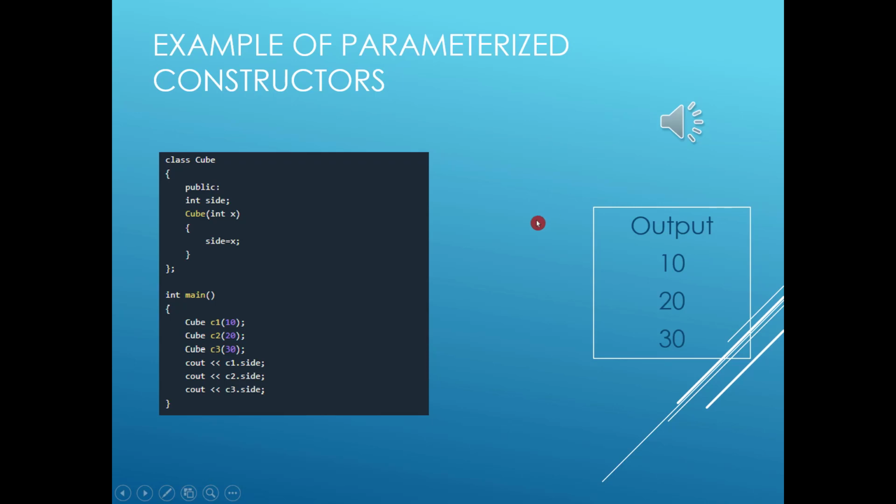This is an example of a parameterized constructor. In this program, there is a class with the name Cube, inside which an integer variable named side is declared. Then in the main program, three objects, C1, C2, C3, are declared under the class Cube. When the first object, Cube C1(10), is declared, the compiler goes to the class constructor Cube(int x), so 10 is stored in the variable x and side is set equal to x,